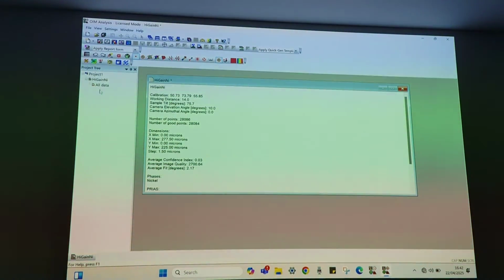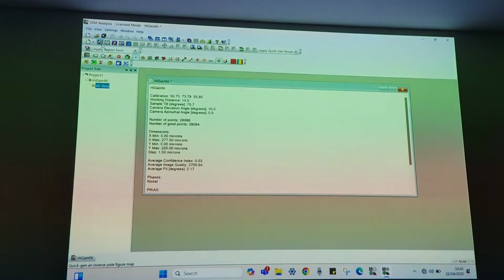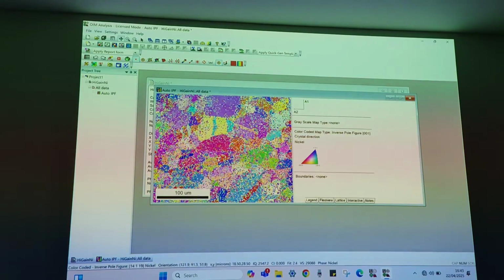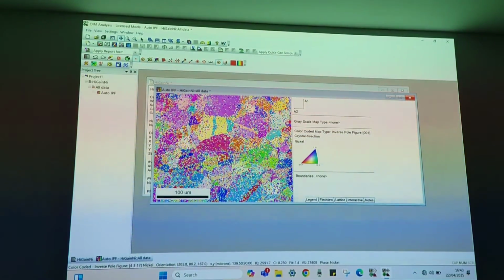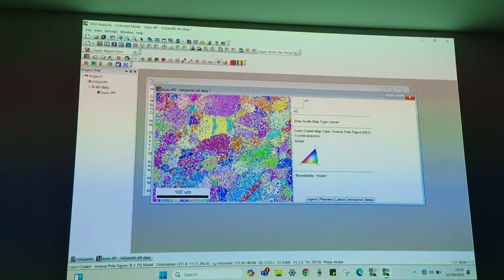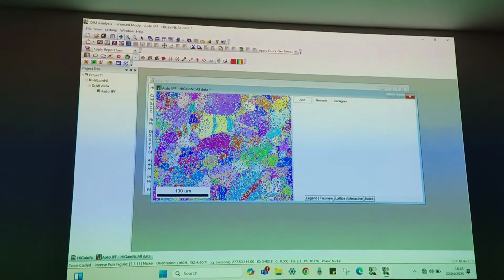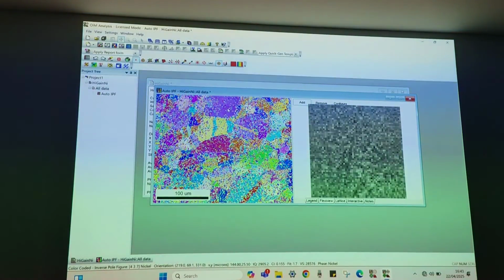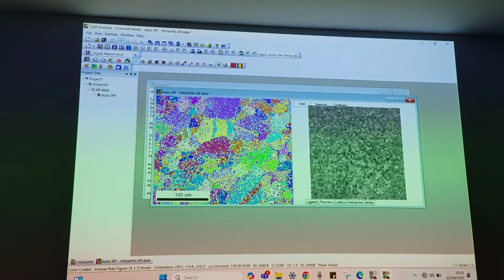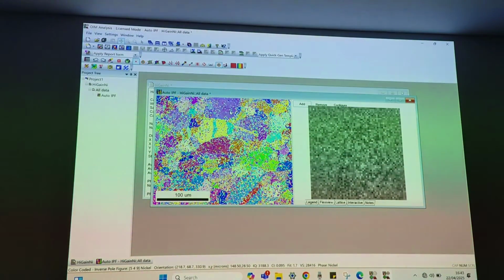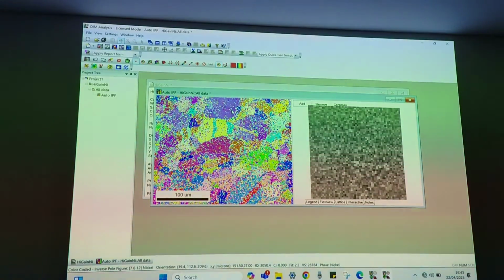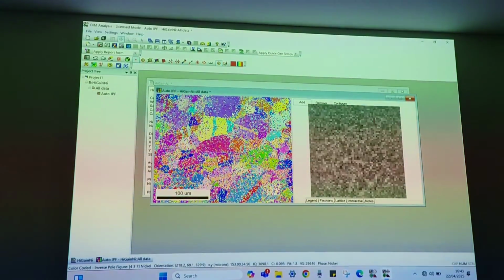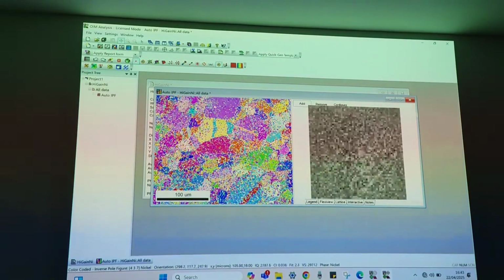So now let's see what the IPF map looks like. It should not be a great looking IPF map because my CI was not that good. So you can see all the noisy data is there. If I go to this flexi view, I can add my EBSD pattern flyby. Now if I take my mouse to different grains, you can see the corresponding patterns on the right side. If you see, the patterns are hardly visible. Those patterns are quite weak, but still you have got some data out of it.